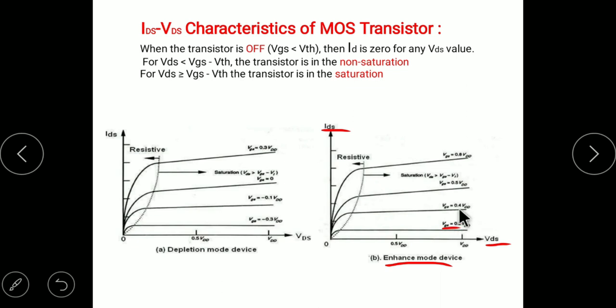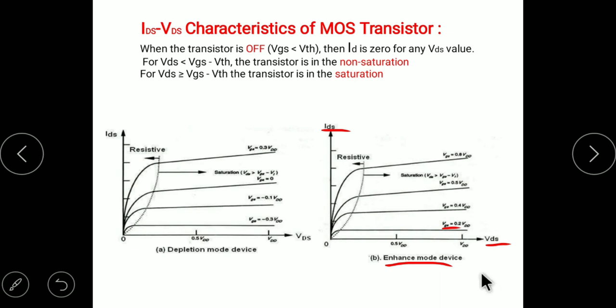And if you observe these curves, VGS has only positive values. Why? If you apply negative gate voltage, positively charged ions, that is holes, will be attracted towards the gate region. But the source is N-type, and the drain is also N-type. In between, if positively charged ions or holes are formed, then recombination will take place, hence there is no movement of electrons from source to drain. Due to that, no current flows.